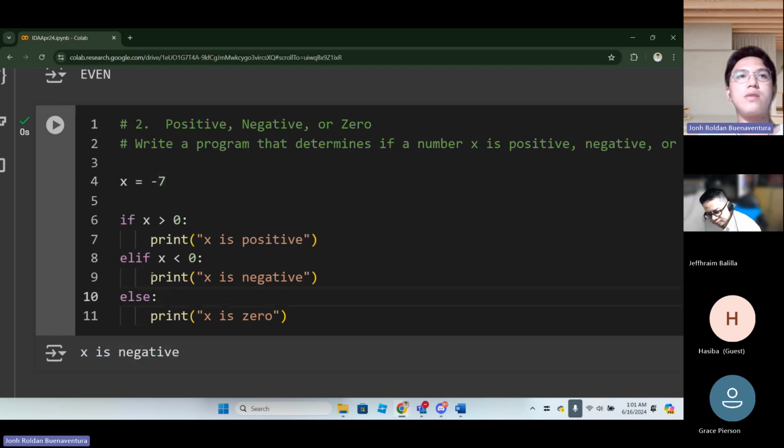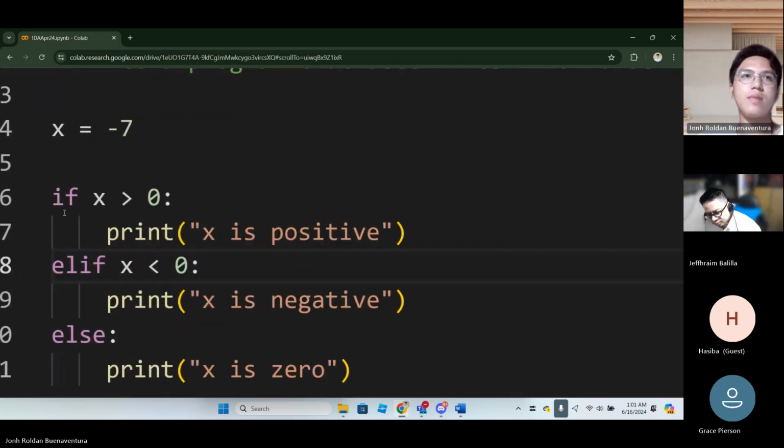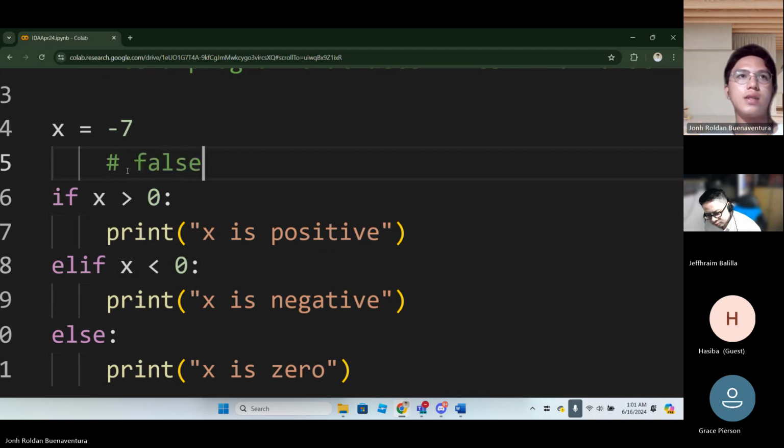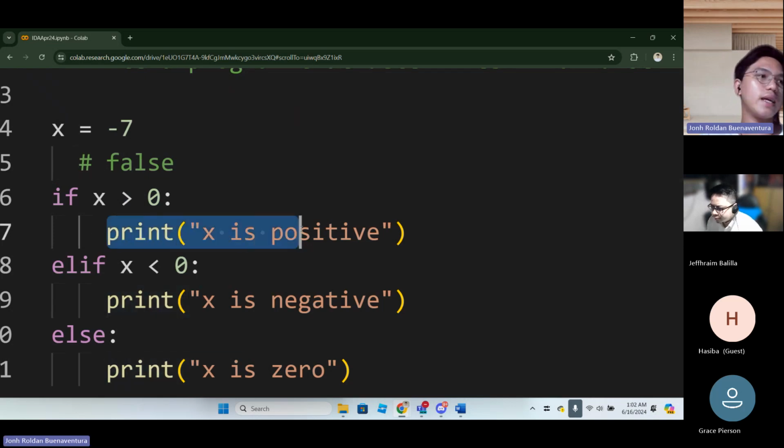The part of the code that was executed is this second line. Why is that? Because this part was false. -7 is not greater than 0. So that is false, so this part will not execute.